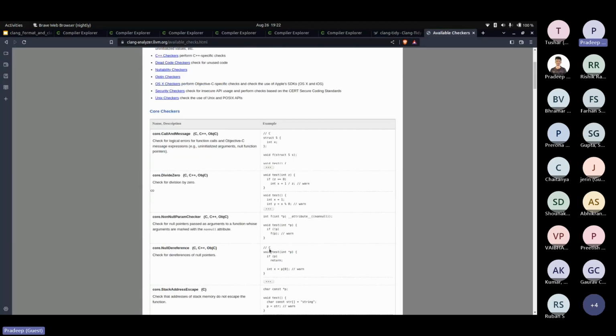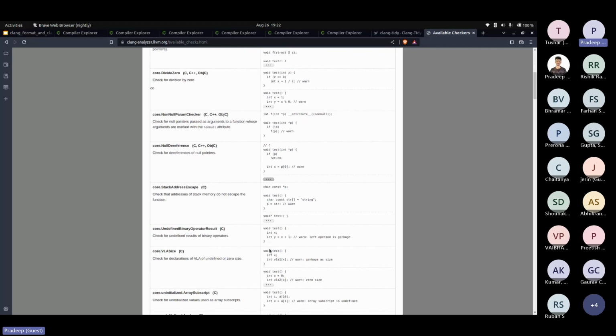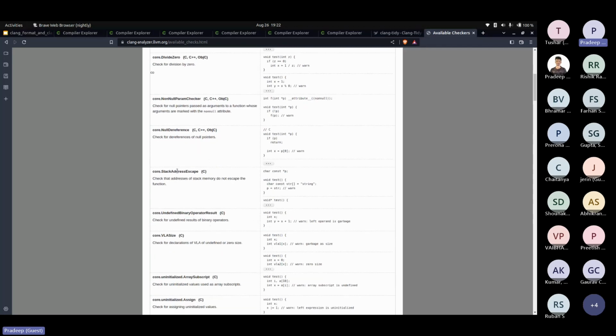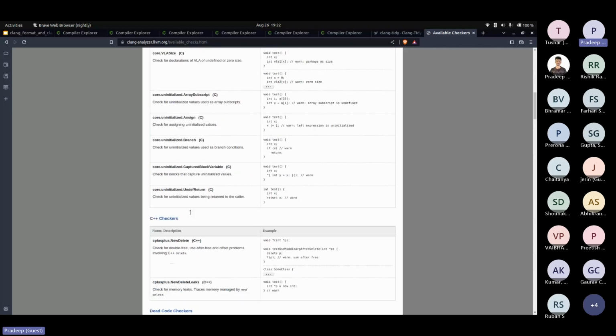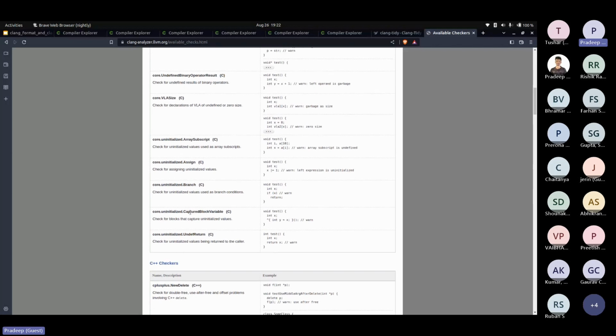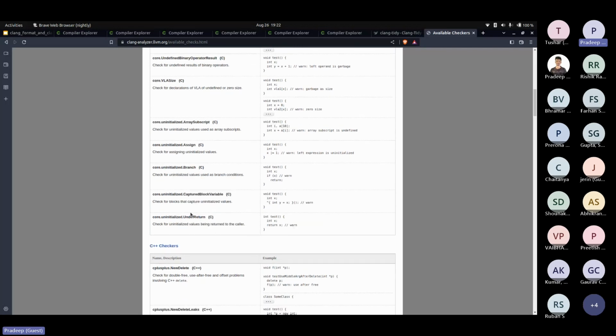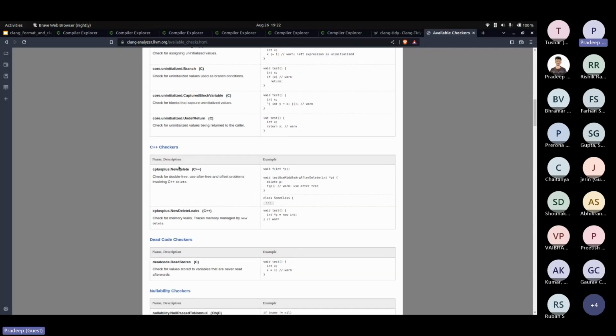These are more complex checks, and mostly you can see a lot of security based checks. So stack address escape, null dereference. If you have any security critical program, it's very recommended to run some sort of a static analysis tool to detect code bugs. So there's new delete,